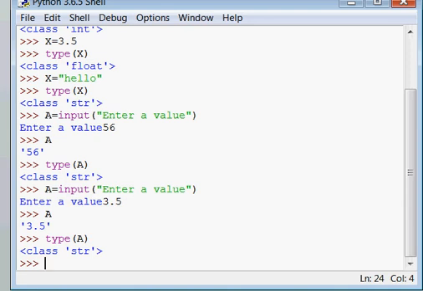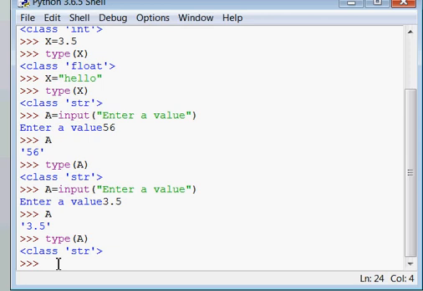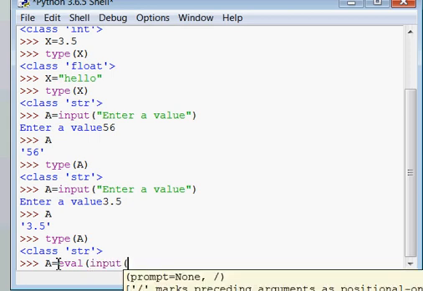Next function you should know, eval. Eval stands for evaluate. So for checking the eval function, I am writing the code a equals eval, and eval is used in combination with input, enter a value.